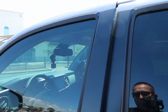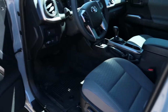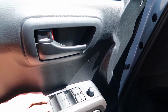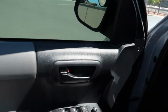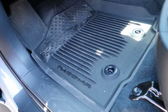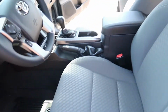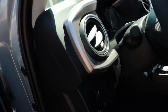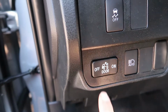Alright, let's check out the driver's side. It's pretty cool. Flat black, like the wheels. We got your window controls. There's a little leather on it. Alright. We got floor mats. Pretty nice floor mats. That got the cloth interior. Real nice. And you got your cargo lights, the door,